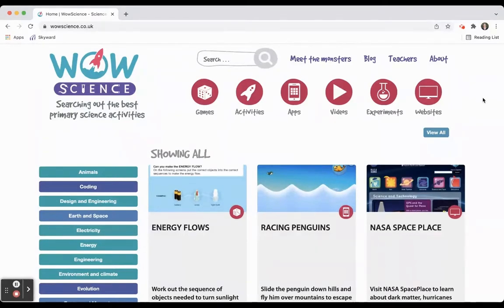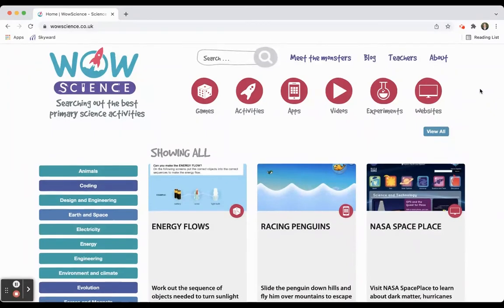So today we are going to talk about a super fun science site called Wow Science. While I was digging around helping some other teachers with some fun new outlets to get students into science, we discovered this one, and I would love to walk you through it because there's just so many cool aspects to this website. So Wow Science is a collection of information organized beautifully, and it takes you to descriptions of other